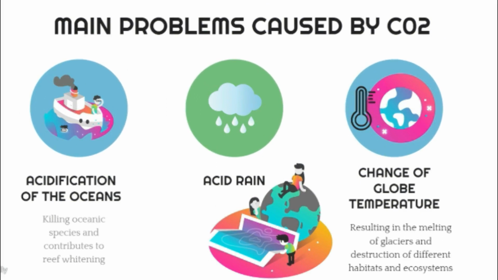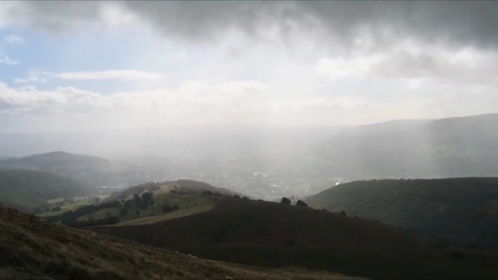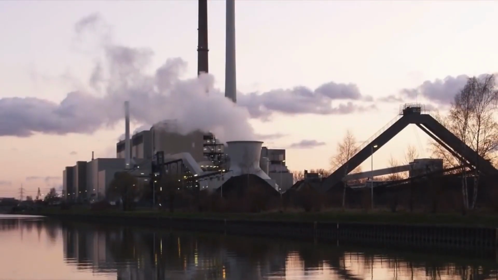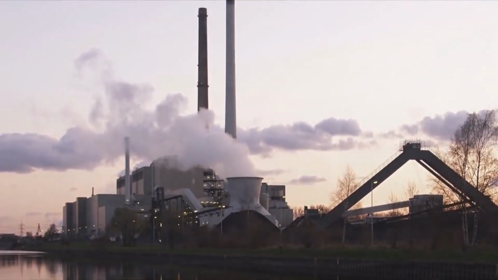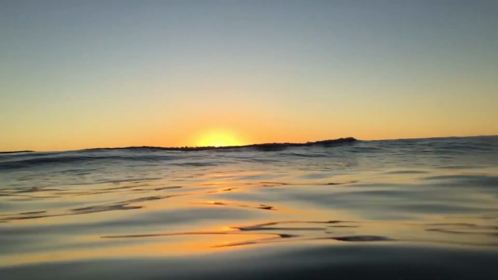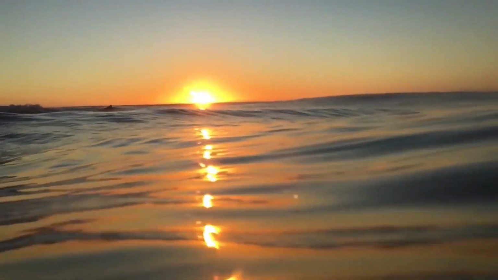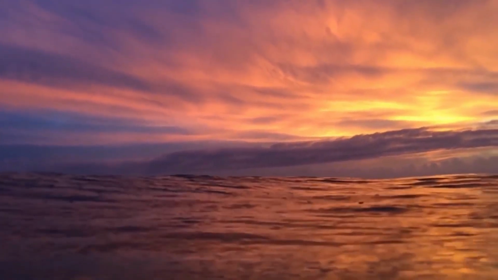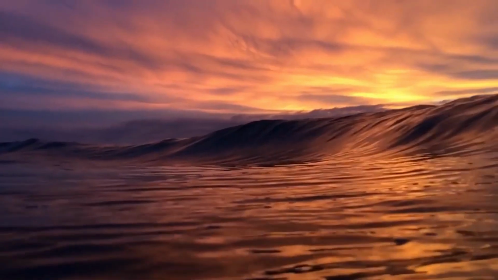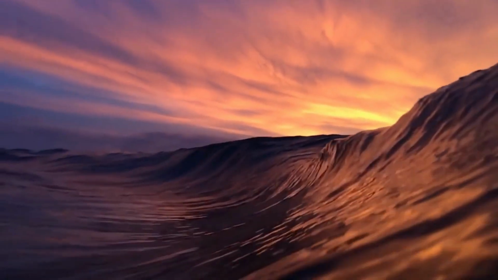Some of the most important problems caused by CO2 are: it is a contributor to the environmental effect known as acid rain. Emissions released from fossil fuel burning energy plants combine with moisture in the air, and the result is precipitation with a high acid content, and the acidification of the oceans, which is killing several oceanic species and contributes to reef widening. And another problem is terrestrial and atmospheric environments, since it changes the temperature of the globe, resulting in the melting of glaciers and destruction of different habitats and ecosystems. Like Hansen said,